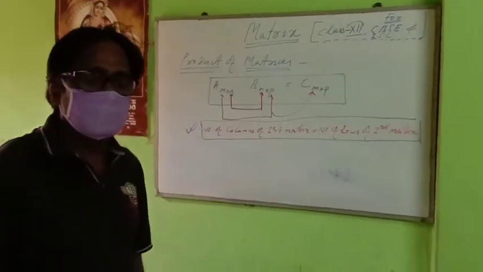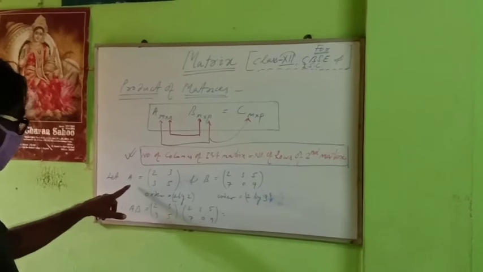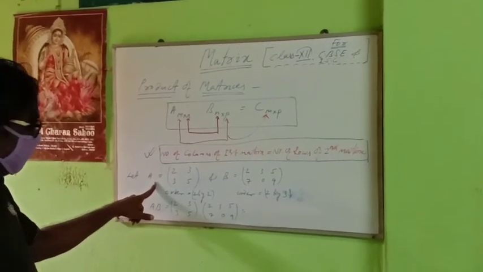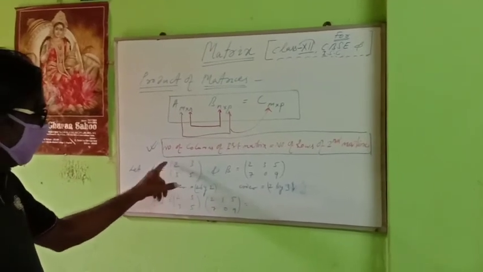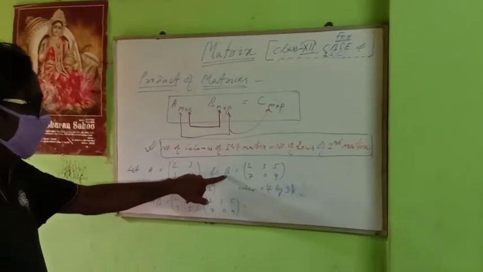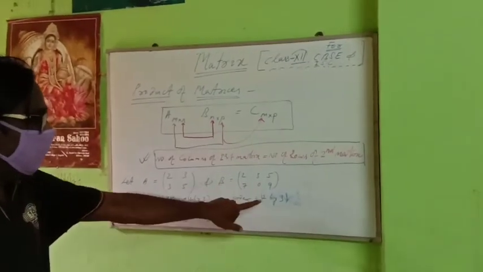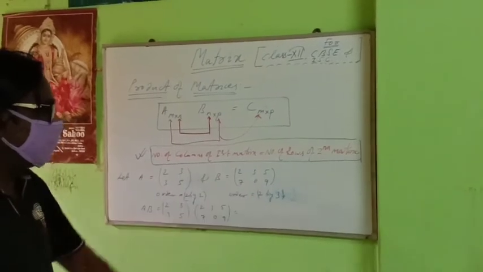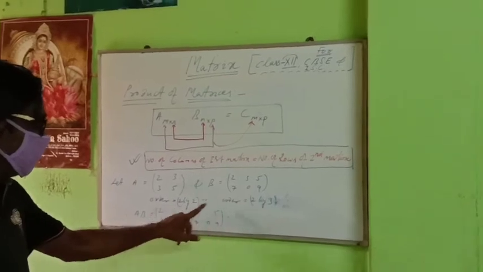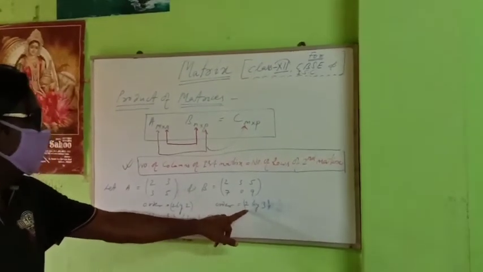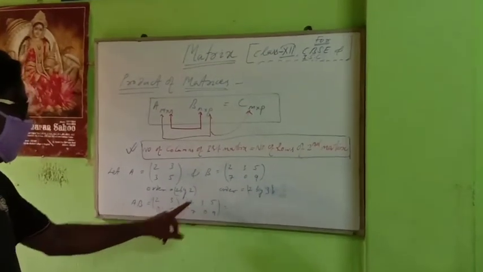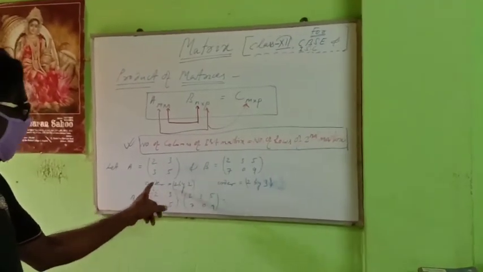One question. See, just focus here. I am taking one question. A is a matrix having elements 2, 3, 3, 5. What is the order of this matrix? 2 by 2. Second matrix I am taking. B is a matrix having order 2 by 3, that is 2, 3, 5, 7, 0, 9. 2 by 3, because number of columns of the first matrix should be equal to number of rows of the second. This is the condition of matrices that I have written before. Then you have to multiply A into B. B into A cannot be multiplied. Okay. A into B you can multiply here.